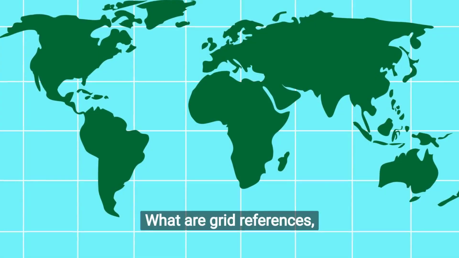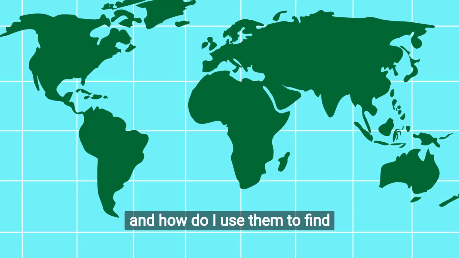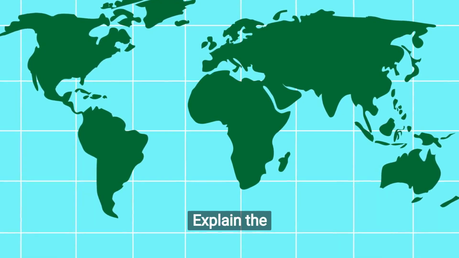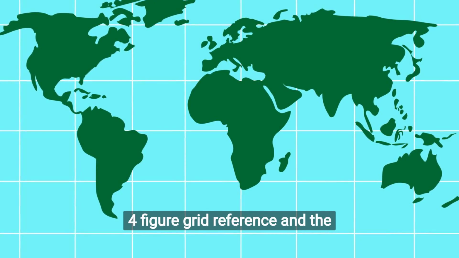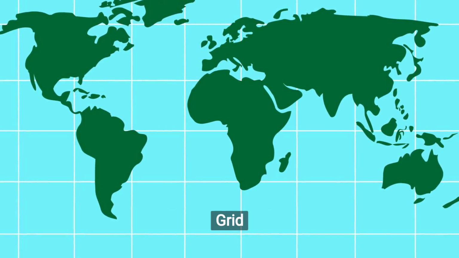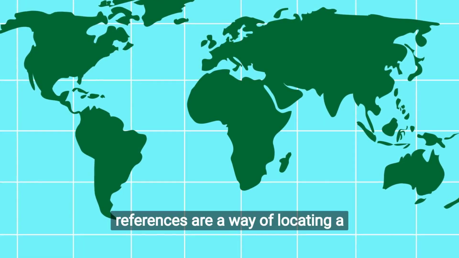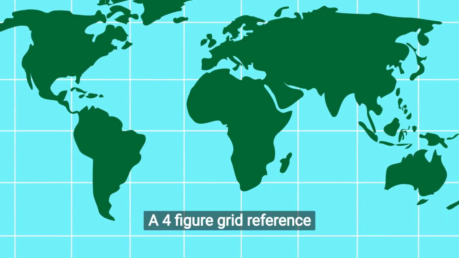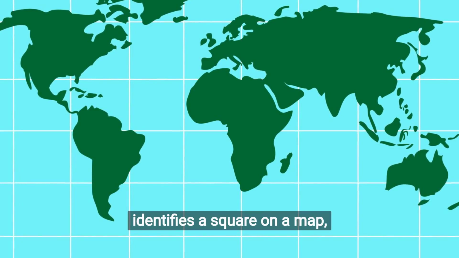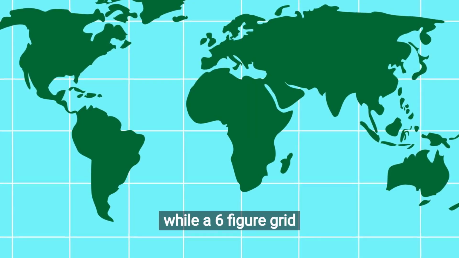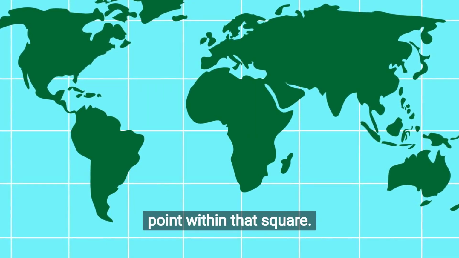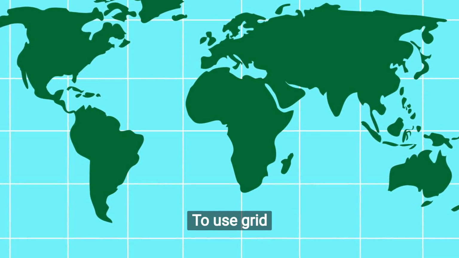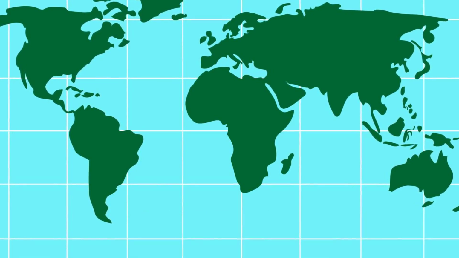What are grid references, and how do I use them to find places? Explain the 4-figure grid reference and the 6-figure grid reference. Grid references are a way of locating a specific point on a map. A 4-figure grid reference identifies a square on a map, while a 6-figure grid reference identifies a specific point within that square. To use grid references, you need to: